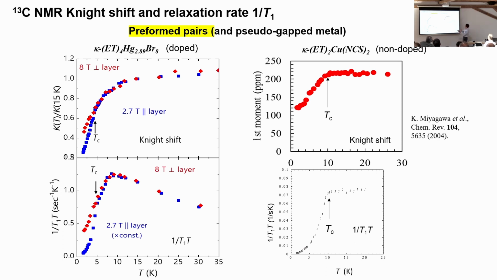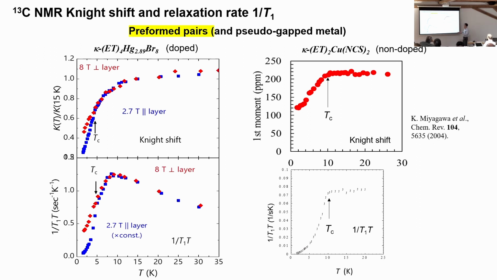Anyway, for these materials, the Knight shift starts to decrease at much higher temperatures, for example 20 Kelvin, 30 Kelvin, and then this decrease is accelerated at lower temperatures. Okay, this is 8 Kelvin. Sorry, this is the behavior under the